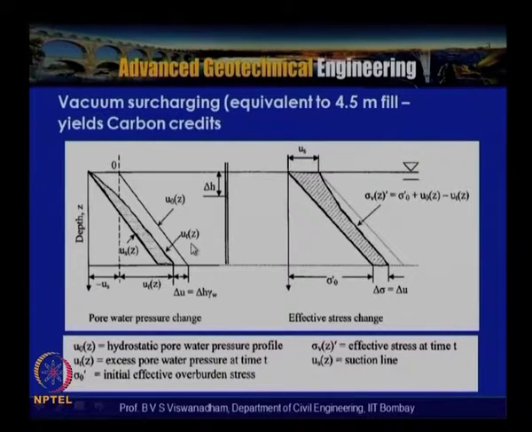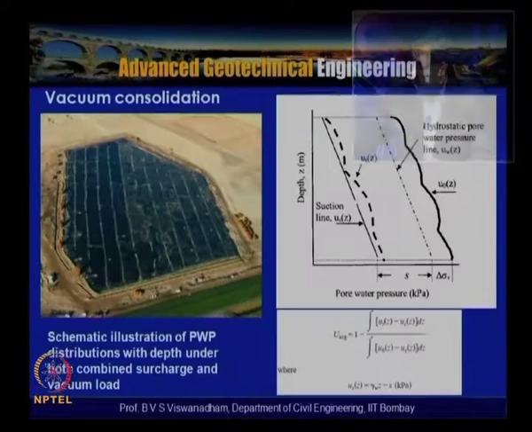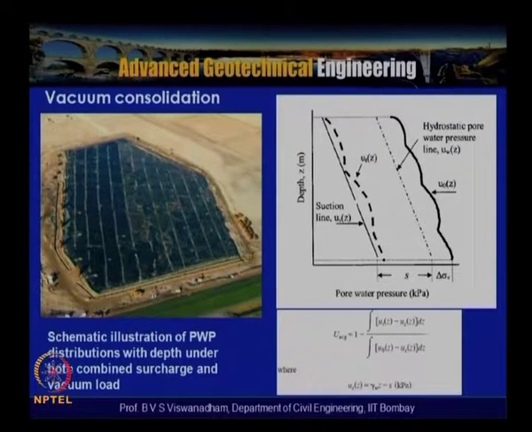This has a possibility that it induces the suction pressure, and once this suction gets transferred to the entire soil, the effective stress increases by the amount by which the suction has been induced. That means that if you are able to induce about 80 kilopascals of suction, the effective stress increases subsequently over a period of time by about 80 kilopascals. Now this particular slide shows the way a vacuum consolidation is typically done at the site.